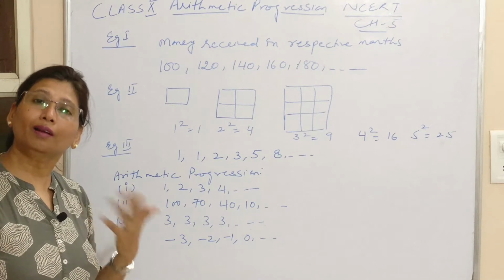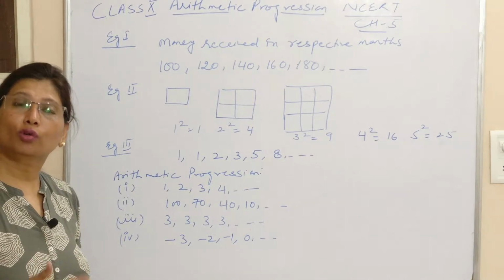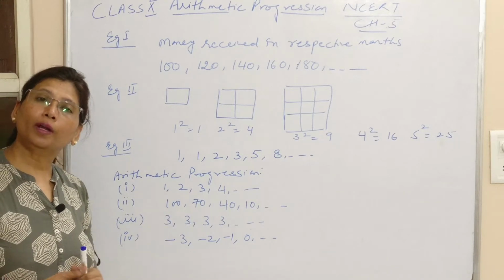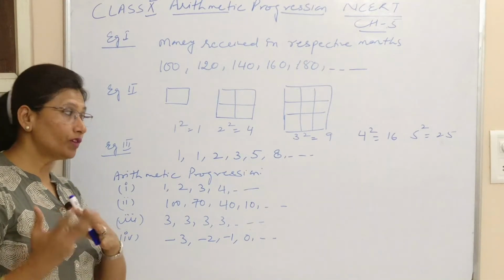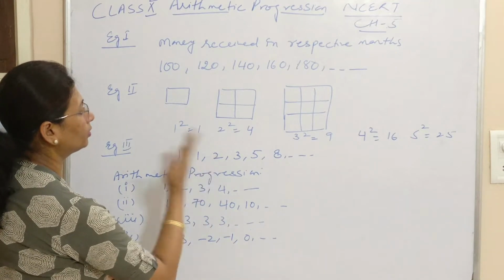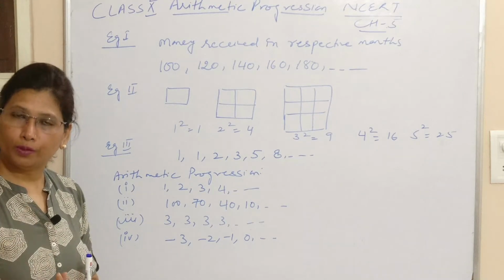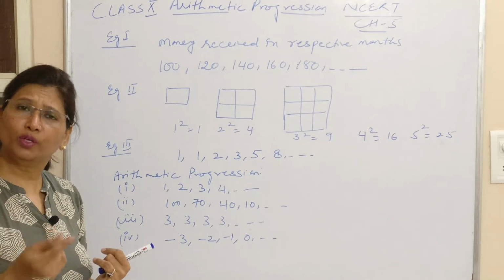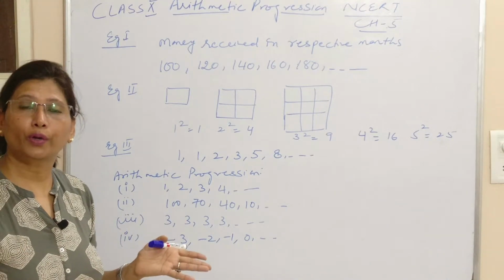Now in this class, what is arithmetic progression? Here the pattern of getting the next number is not fixed; you are getting the next term by various patterns. But in case of arithmetic progression, how do we find the succeeding term? First of all, each number is a term: this is the first term, second term, third term and so on. The succeeding term can be obtained by adding a fixed number to the previous term, subtracting a fixed number, or adding nothing.